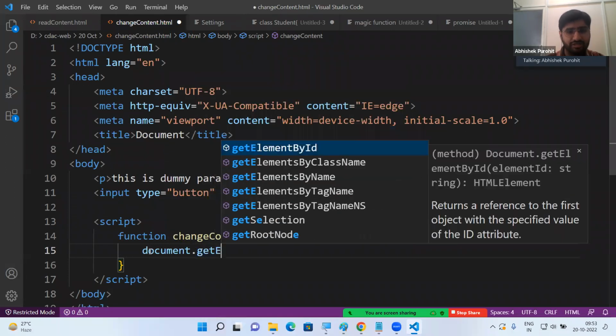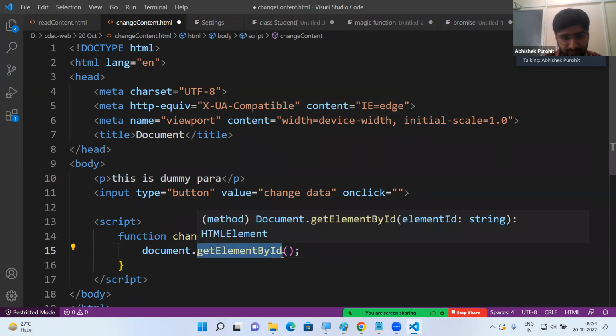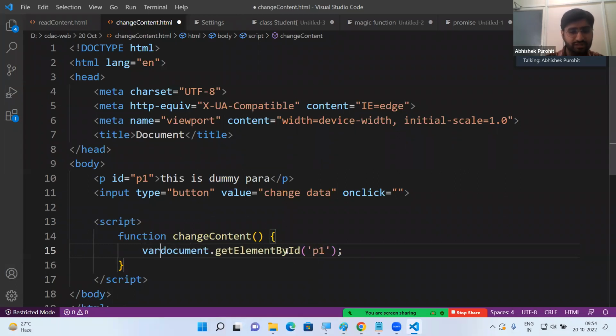So on this document object, we can call a function getElementById. All the things are being hidden in the name of this function. We need an element by a matching ID. So in order to get this paragraph's object by ID, we need to assign an ID. Let's say this time I'm assigning the ID like P1. So I'm passing one ID value, that is P1, and this function is going to return